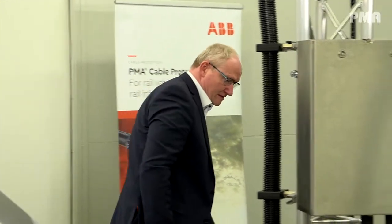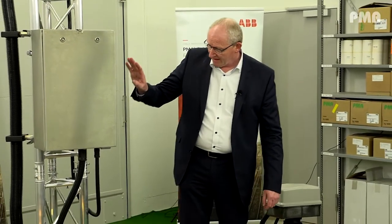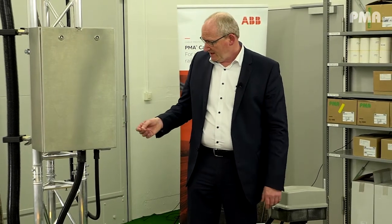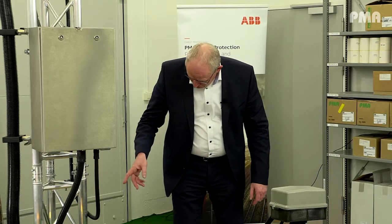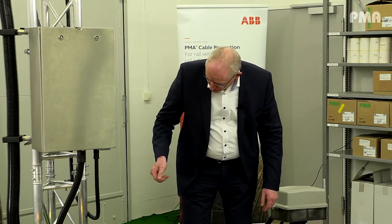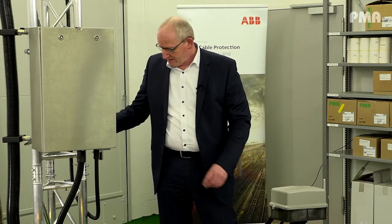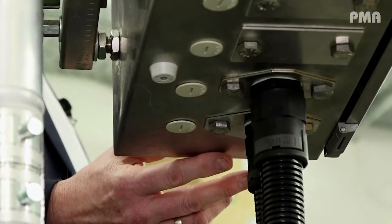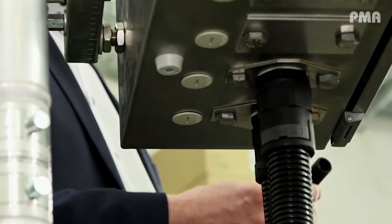Then let's go a little bit around there. We have another application we call the mast mounting switching drive in this case. The requirements for the cable protection system are more or less the same as on the other one, because it's installed in the same place. What is special here? It's not the conduit we already talked about. In this case, underneath the box, we use the PMA Fix or PMA Fix Pro fittings as well. But there's a big hole in this casing here, and you see the small size of the conduit. So what we did,